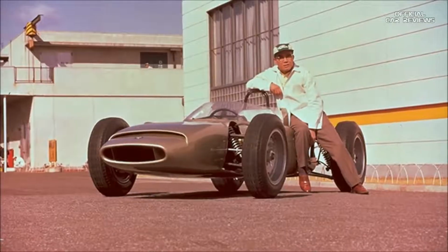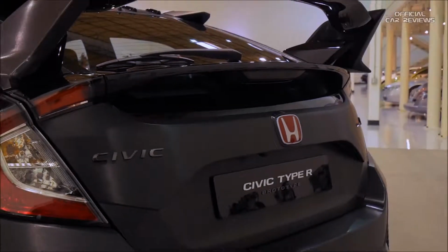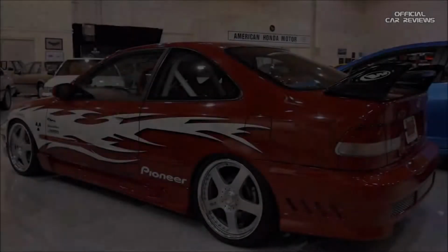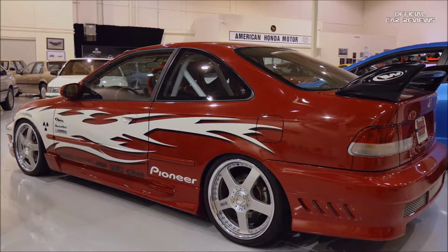Honda is really synonymous with racing. Mr. Honda started out that way, and when we do any generation of vehicle, of motorcycles, on-road, off-road, racing is really bred in. This is a year 2000 Honda Civic Si pre-production unit,